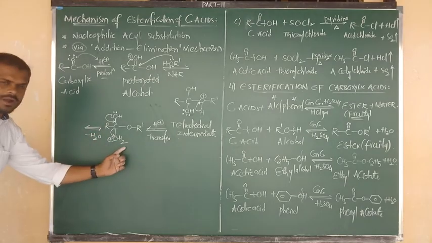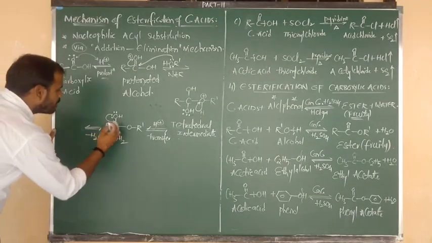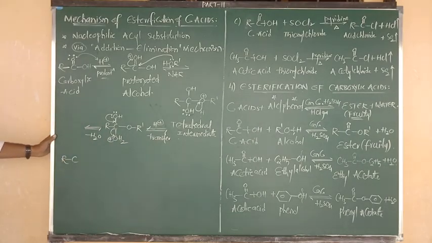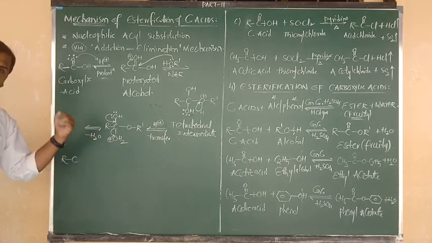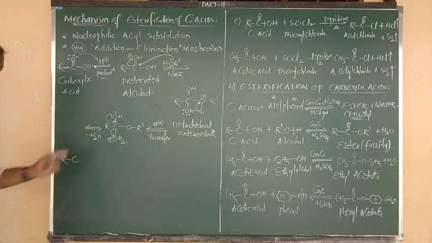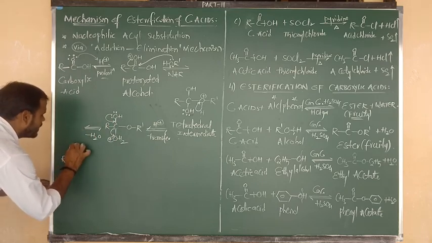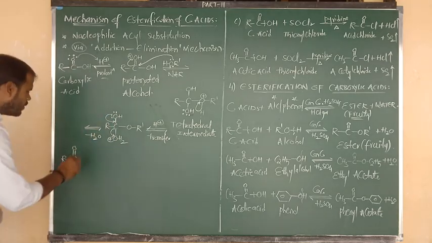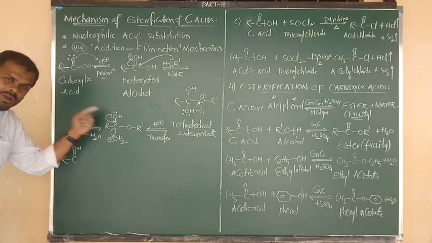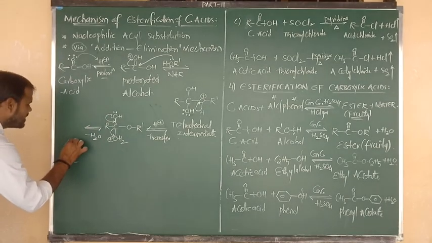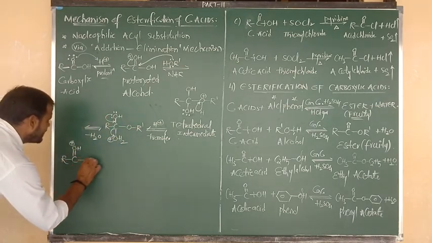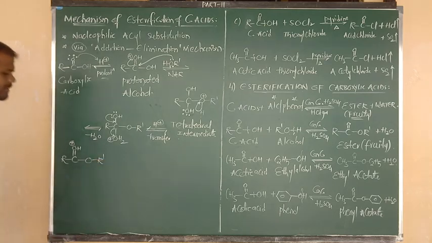So after the loss of the water molecule, what will be the product? R bonded to C, I am going to write here R bonded to C. From below plane H2O we are already eliminating, and C above plane single bond becomes double bond. I am going to write here double bond. O connected to H. But by the donation of one lone pair, that oxygen contains a positive charge. And right side C connected to O, O connected to R prime.